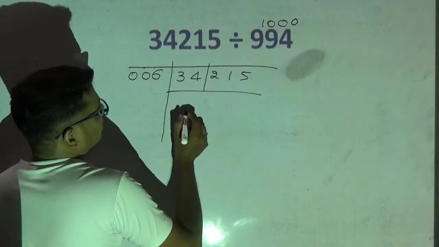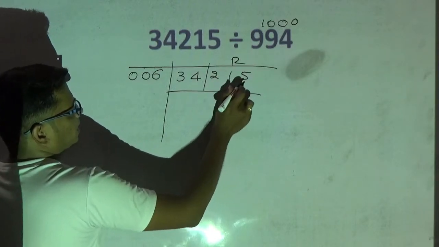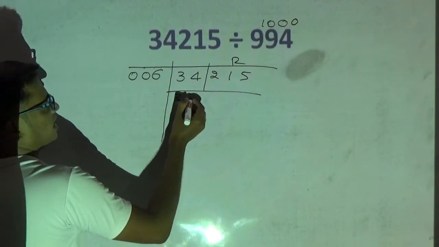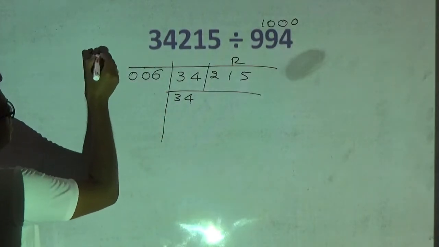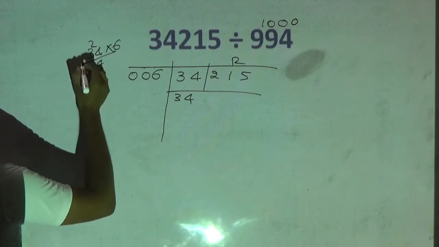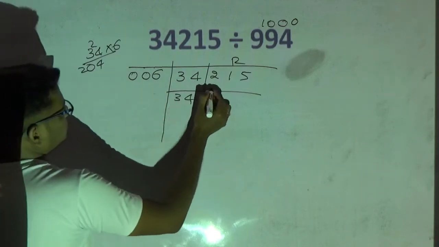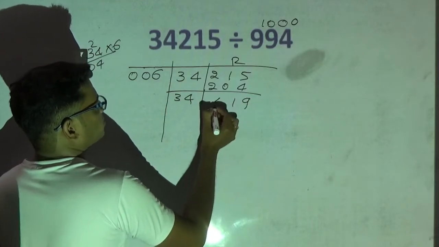Okay, from your right, this will be the remainder part. See here? This will be the remainder part. And the leftmost digits I have to write as it is. 34 I will write as it is. Now 34 6 times I need to find. 6 4 is 24, 2 carry, 18 plus 2 is 20. So I will add 204 for this. Okay. This will be 9, this will be 1, this will be 4.